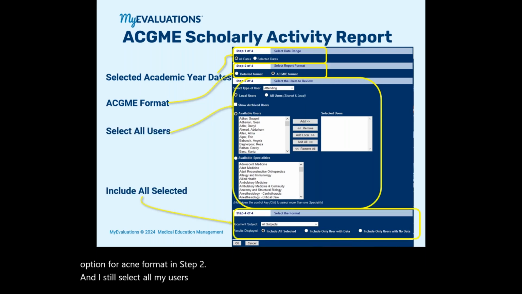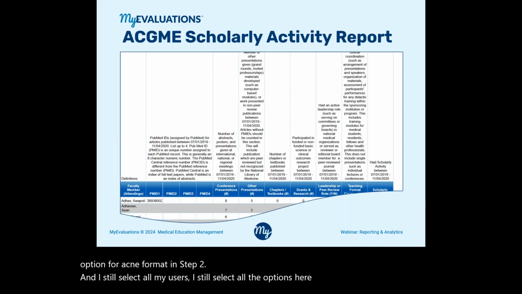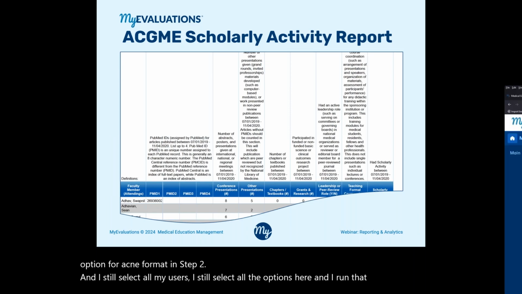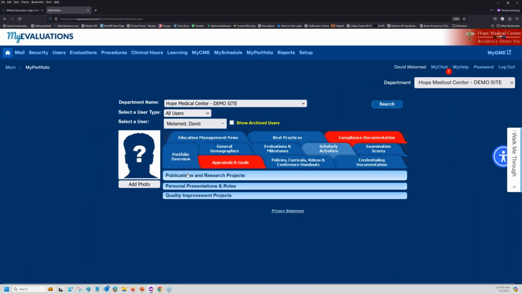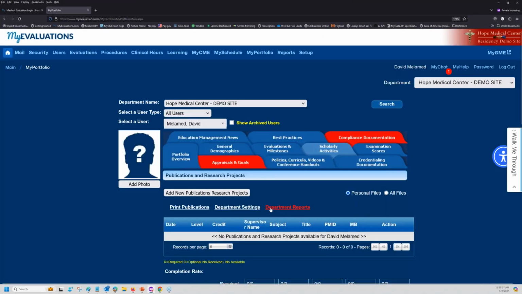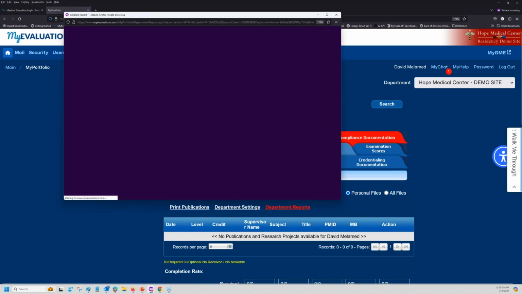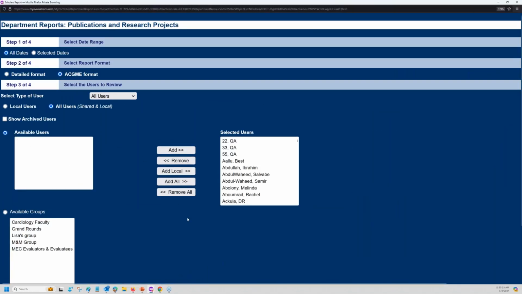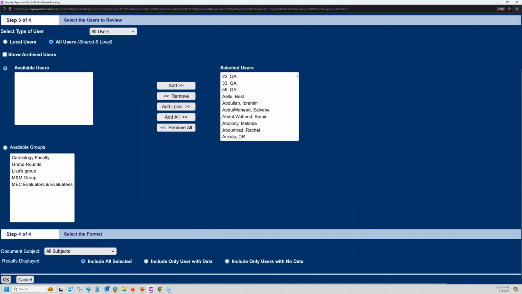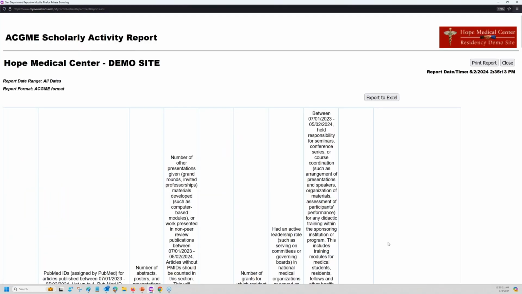I still select all the options here, and I run that report. The really great thing about this report, it's identical to your ACGME format, so I can very quickly generate an ACGME scholarly activity compliance report by selecting the ACGME format. I select all my users, I click OK, and I'm going to get an ACGME report format that will include